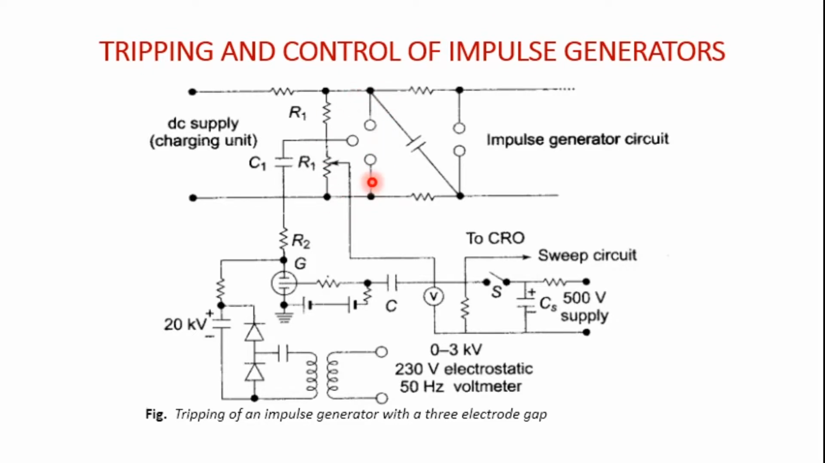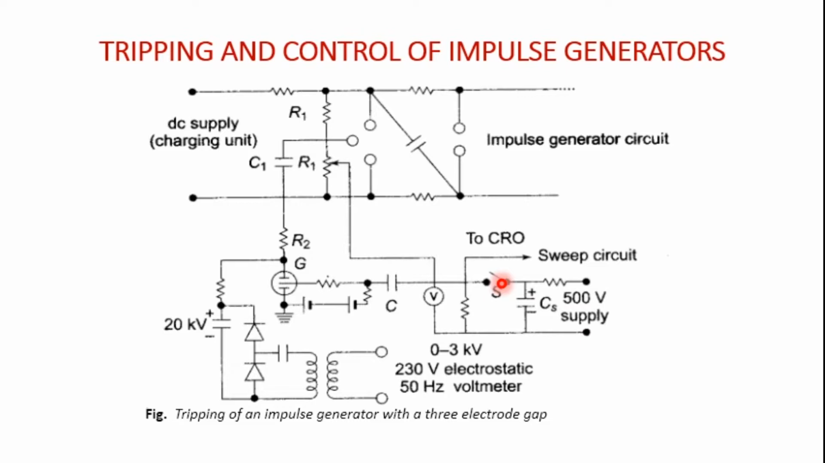which you can see here, where the generator is fitted with a DC supply, the charging unit, having the 3 electrode gap arrangement. The third electrode is kept between the top and the bottom electrodes. The potential is maintained with the help of the resistances R1 and R1. With the help of these resistances, some potential is maintained between the top electrode and the bottom electrode. When there is a tripping signal initiated by the pulse given by the thyratron G by closing the switch S,